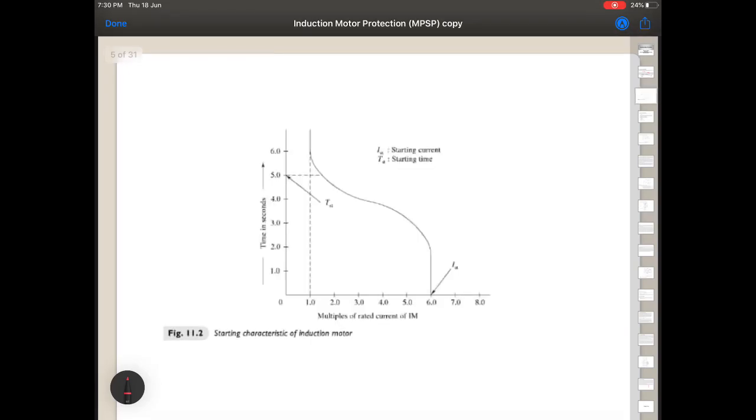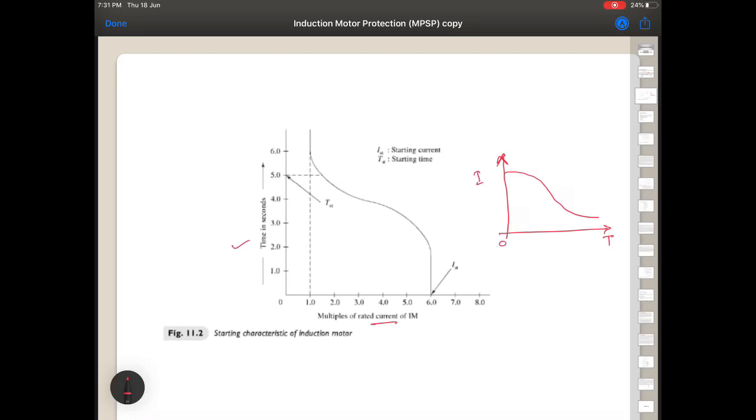Now this graph is current versus time, shown here. So what we will do is draw the same graph interchanging the x and y coordinates. In y coordinates we have time here, so in x coordinate we will plot it. In x coordinate we have current here, so in y coordinate we will plot current. If I draw this, it will look something like this. The same curve I have redrawn, only for easy understanding.